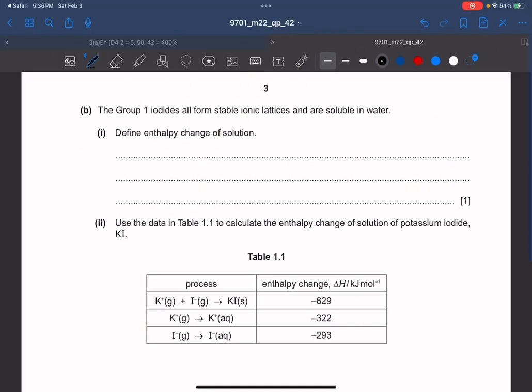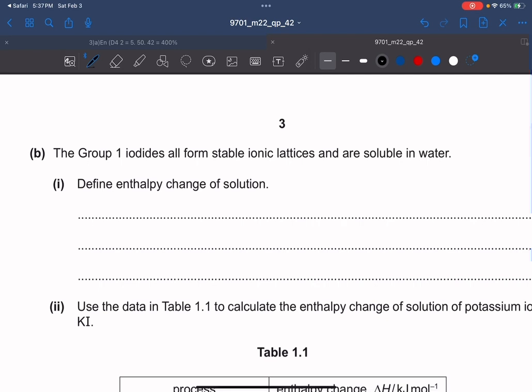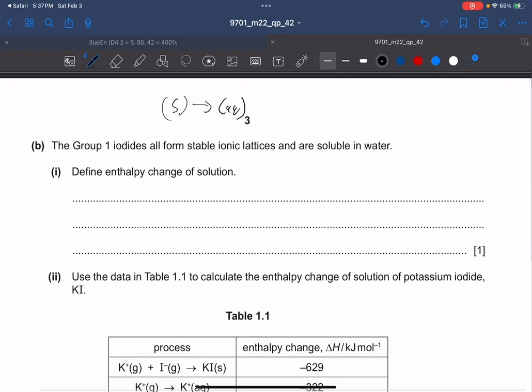All right, so in this question, we're actually going to be dealing with one of the earliest topics that we had in A2 chemistry. So define the enthalpy change of solution. So if you remember, solution is just like dissolving salt or making a salt solution. So you're going to go from a solid state to an aqueous state. So if we're going to use the proper term, we're going to define it as the energy change or the enthalpy change